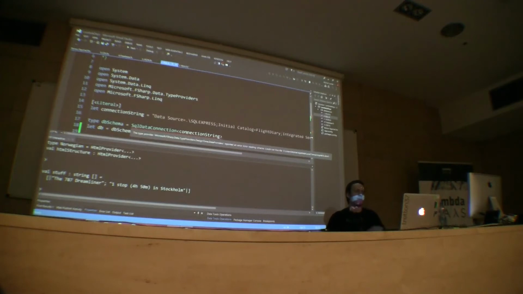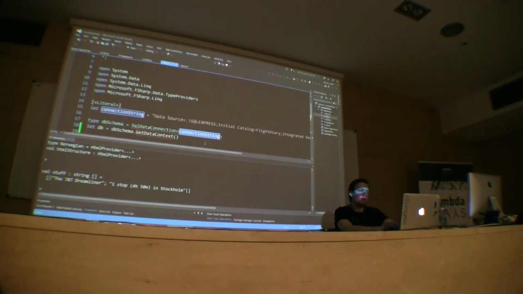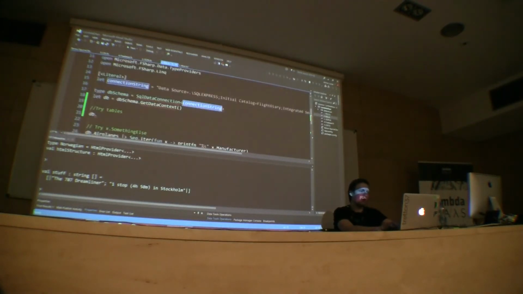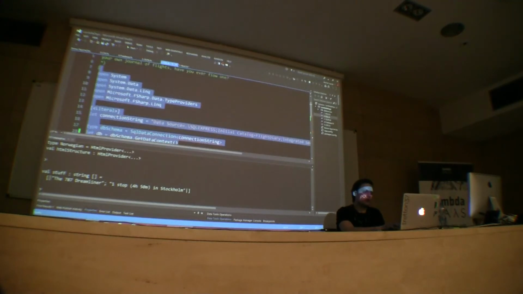The way we use the SQL type provider is we also initiate with angle brackets, but for now we use the usual .NET connection string for data. So for SQL it looks like that. So I'm going to try to load it and hope for the best.